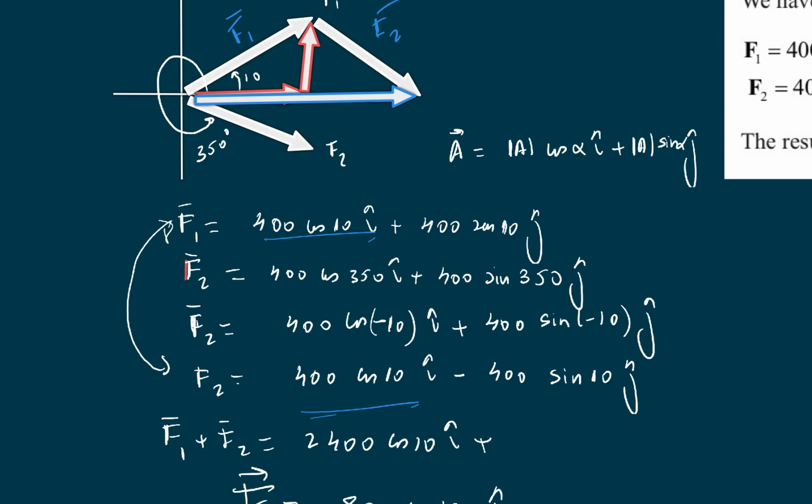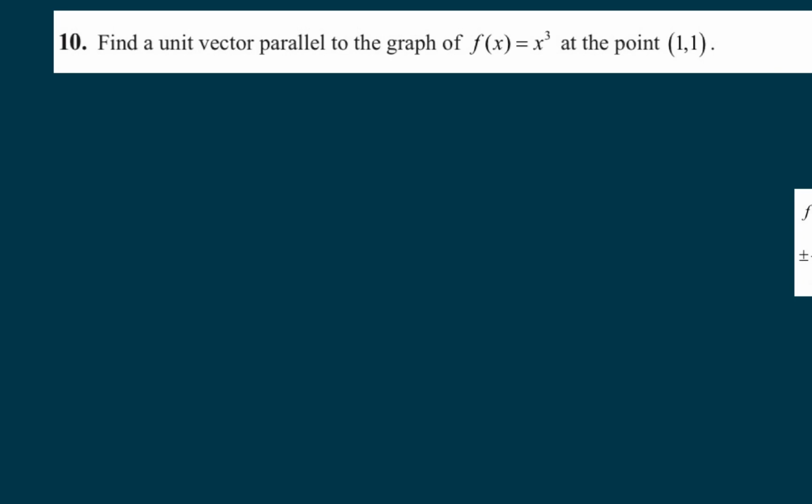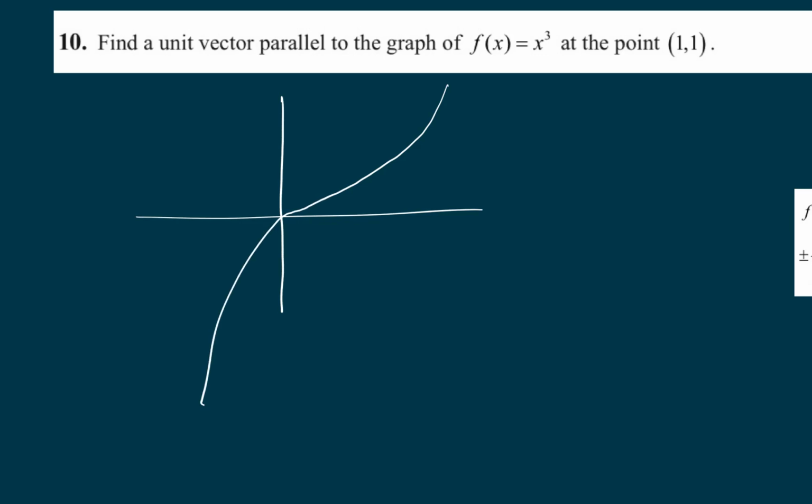And I think there is one more problem. This is the last problem. Find a unit vector parallel to the graph of f(x) equal x cubed at the point (1, 1). It's not so easy to understand what it says, but let's clarify. You have the graph of x cubed. It will go like this, and like this. This is x cubed, and at the point (1, 1),